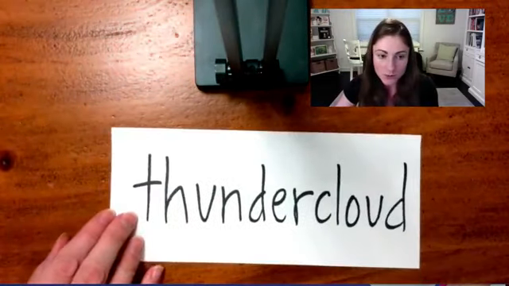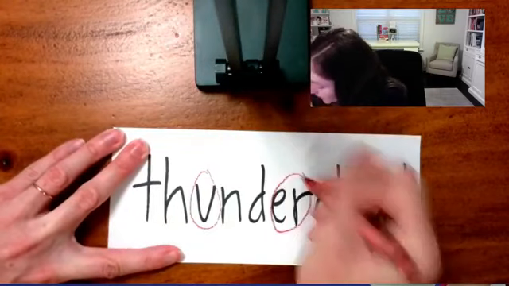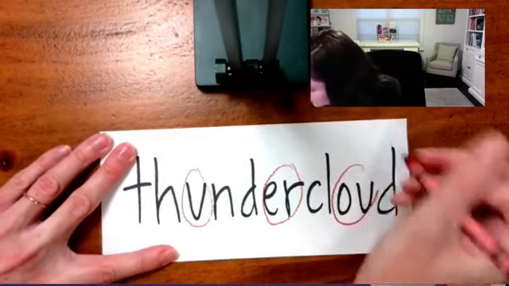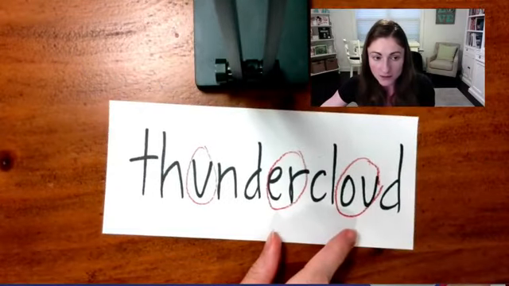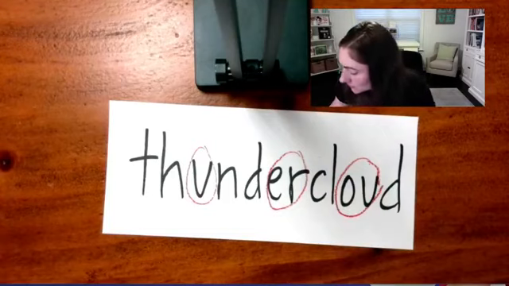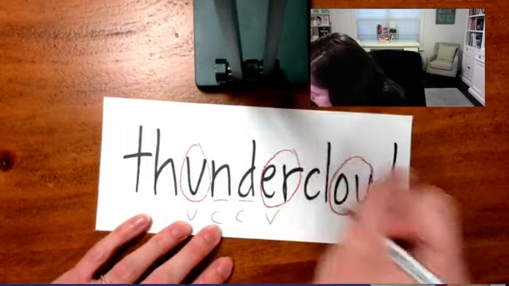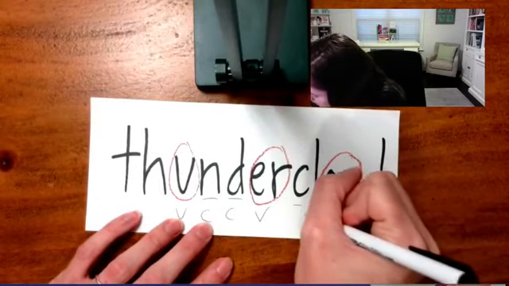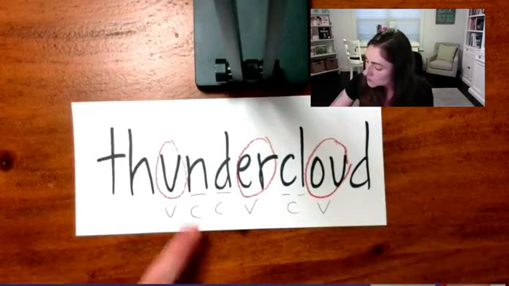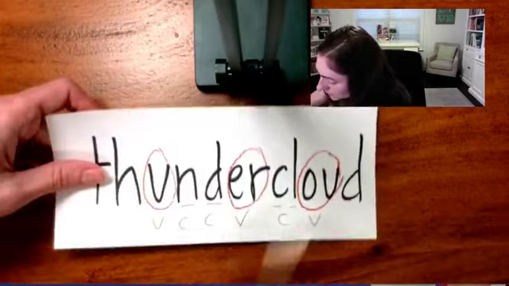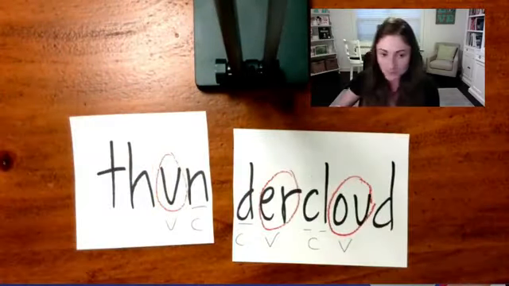Just wanted to show you a couple more examples. Vowels, we've got that R going on there. And then this is a diphthong. Okay, so we keep that together. And then we've got the usual. We've got our consonants, our vowels, got our consonants, and then we have our vowels. And so this one's pretty straightforward. At least we've got two consonants. We're going to divide it here. Okay, and then